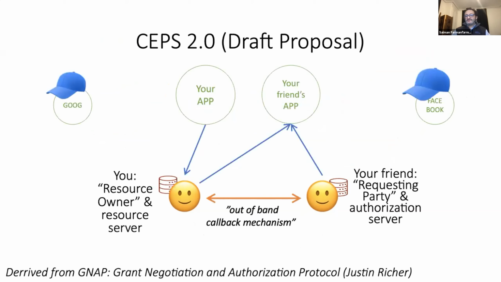So we've proposed CEPS as a mechanism where peers can authenticate with each other automatically, without relying on centralized authenticators, exchanging secrets manually, or forcing people to use the same app in order to share data. The mechanism is based on the GNAP proposal, but instead of the usual manual cutting and pasting of secrets, it has what Justin Richer, who's the creator of GNAP, called an out-of-band callback mechanism, which is a way for the two PDSs to connect to each other automatically and authenticate each other without the need for a third party to act as a centralized authentication authority.